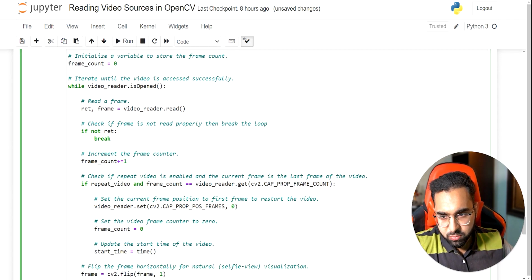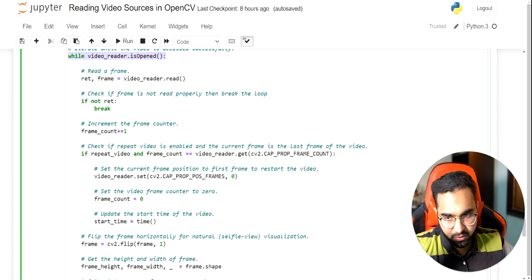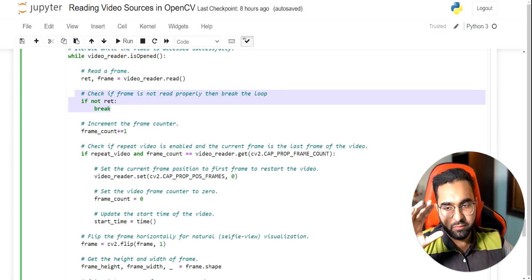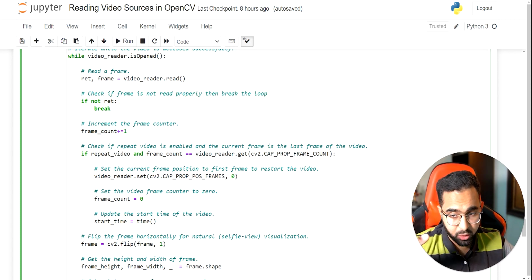And yeah, so let me just go over the loop from the start again. So I just checked the video reader has been opened, everything is all set up to finally read the video, and if it is, I'm going to start reading the video frame by frame by calling this function video reader.read, and I'm going to check to make sure the frame is read correctly, and if it is not read correctly, I'm going to break out of the loop.